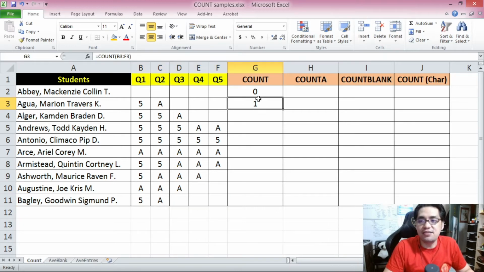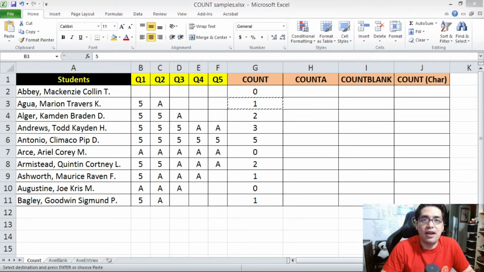Let's copy-paste this count function here so that we don't have to enter it again and again. And anyway, the reference is going to adjust. So let's copy paste here and let's look at the results of the count function for each of these rows. So we're expecting 2, correct. We're expecting 3, correct. We're expecting 5, correct. We're expecting 0, correct. We're expecting 2, correct. We expect 1, we expect 0, we expect 1. So once again, the count function simply counts the number of numbers within a range of cells.